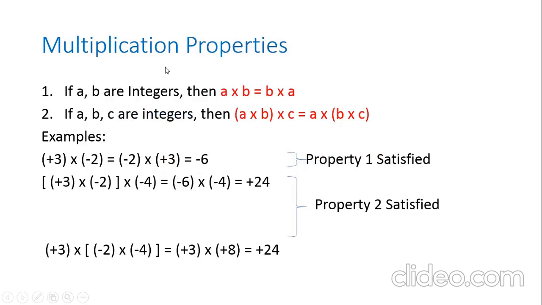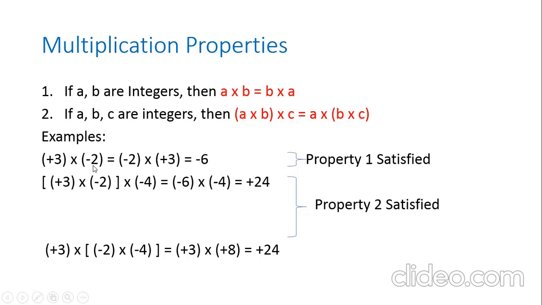Multiplication properties, same as we saw for the addition. If a and b are integers, then a multiplied by b is the same as b multiplied by a. If a, b, and c are integers, then if you multiply a and b first, then multiply the result by c, this is the same as if we multiply b and c first and then multiply the result by a. For example, here